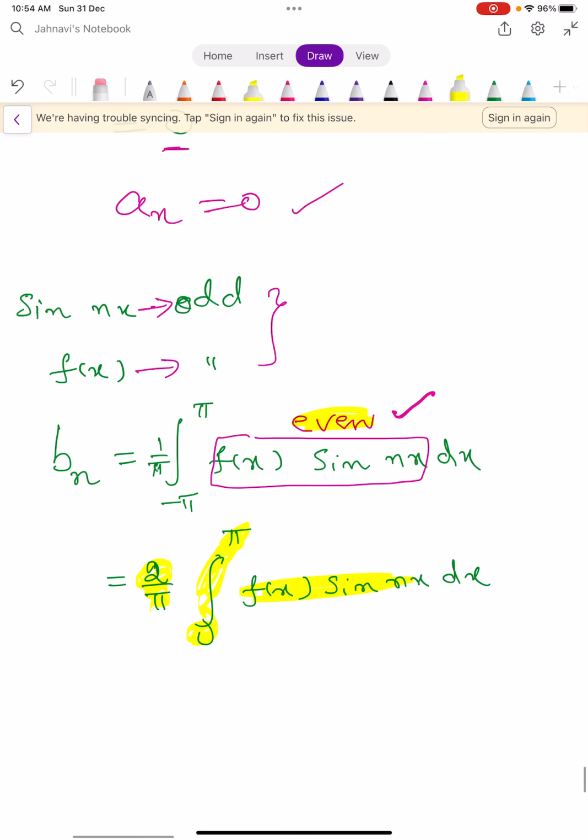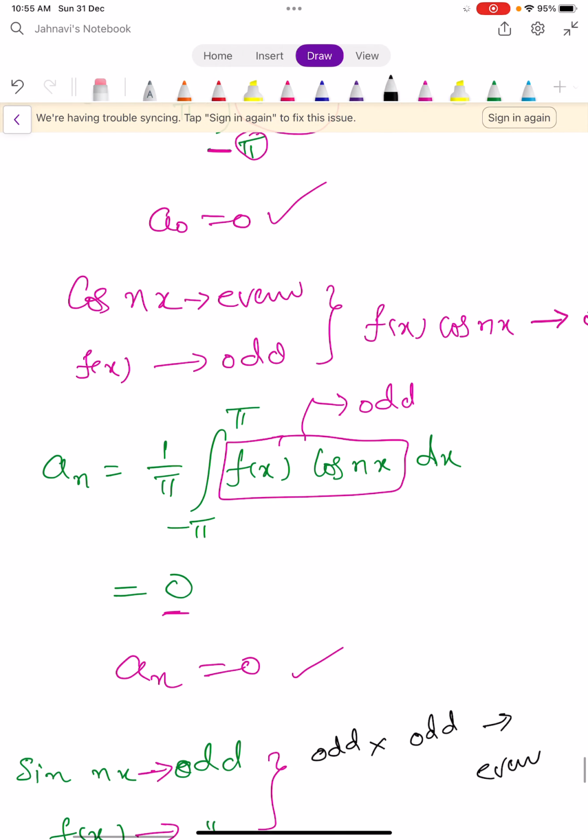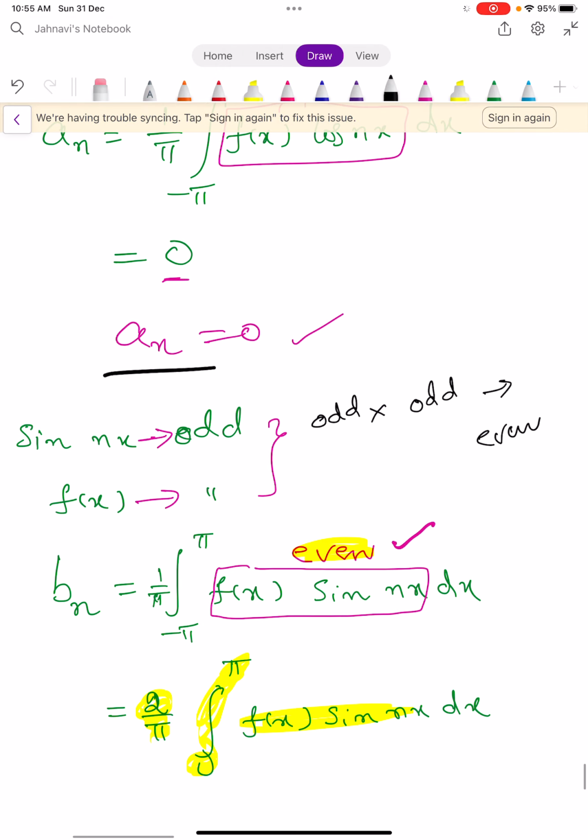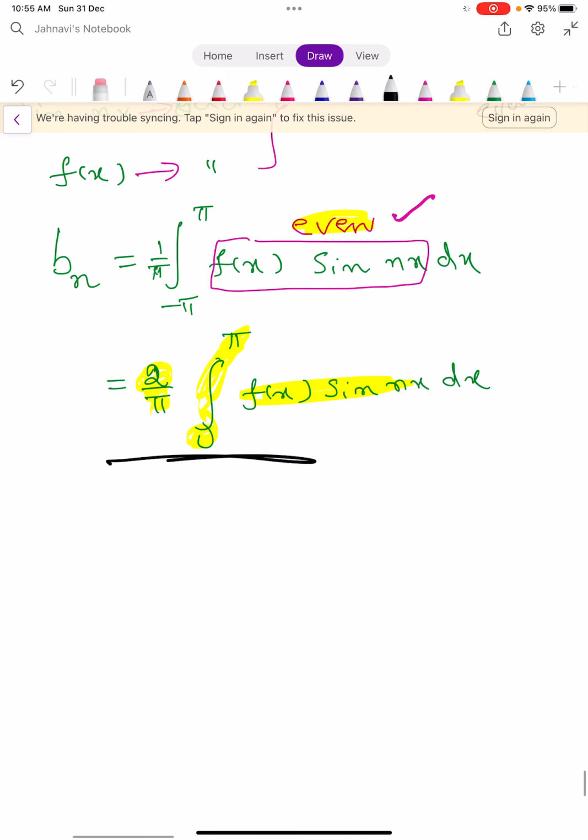So here you remember one basic concept. The product of odd and even, and odd function and odd function gives an even function. So in this case you observe that a naught is equal to 0, an is equal to 0, but bn has some value. So the Fourier series takes the form